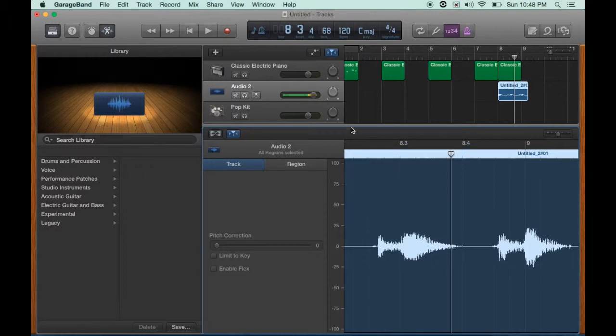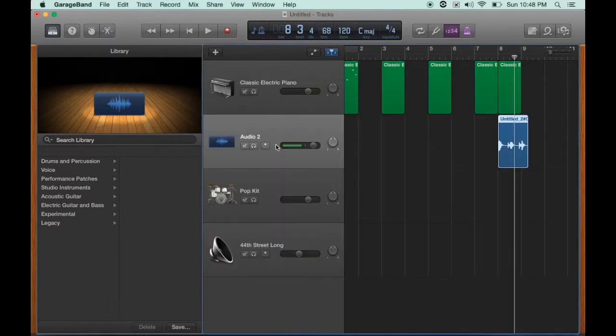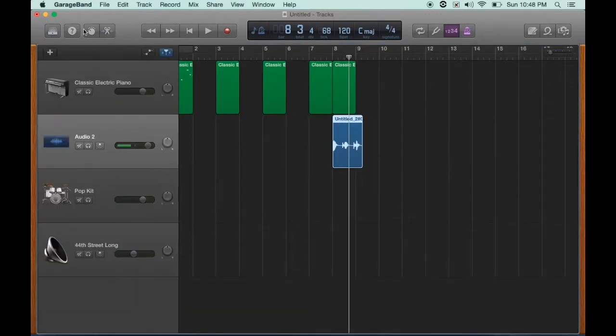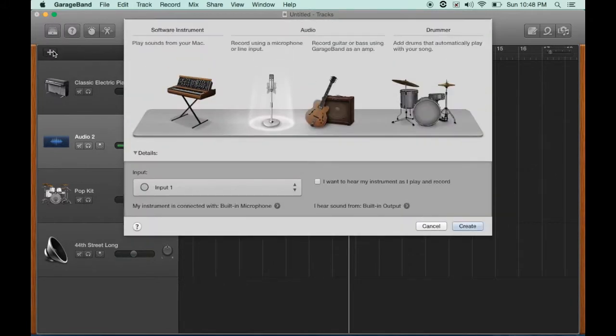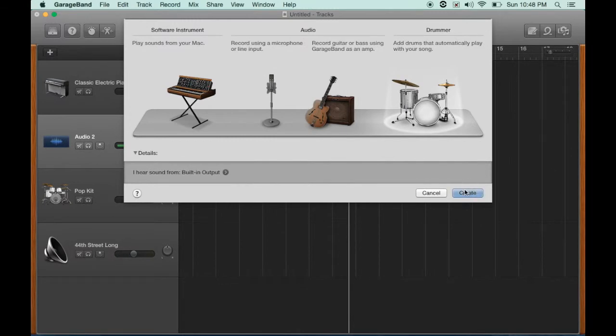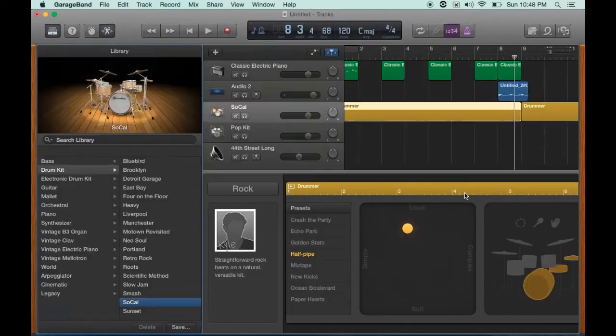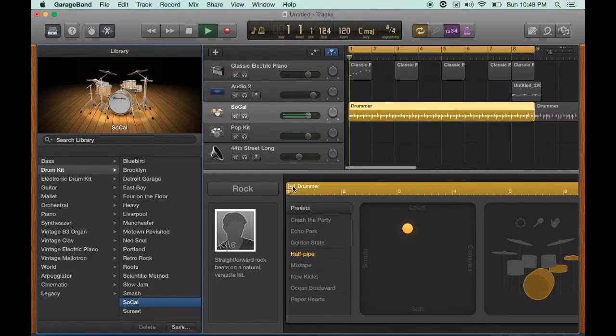The last type of track, and again these show in blue, the last type of track is the drummer track, which is a new feature on GarageBand. And it allows you to kind of take an actual recording of a drummer and modify what they're playing in real time. So you can see that it shows up as a bunch of waveforms on here, but if I start playing it,